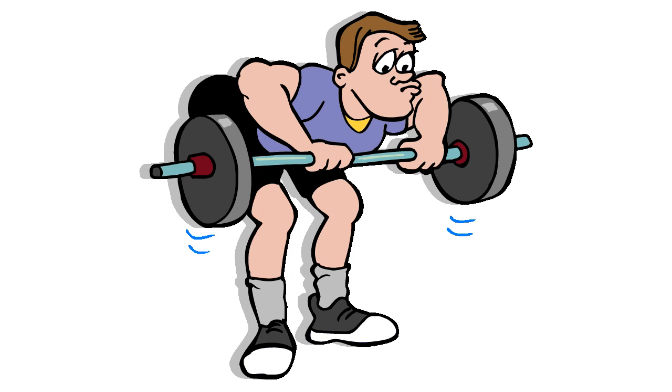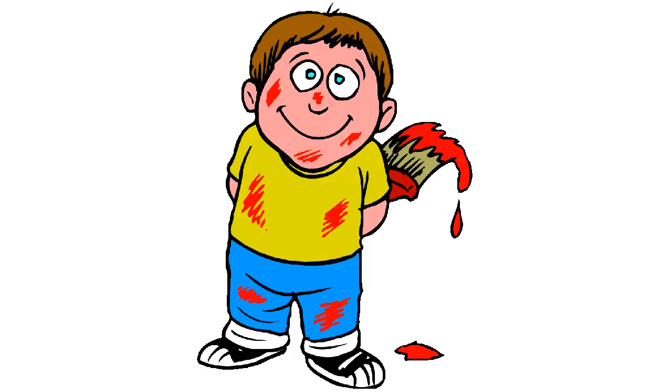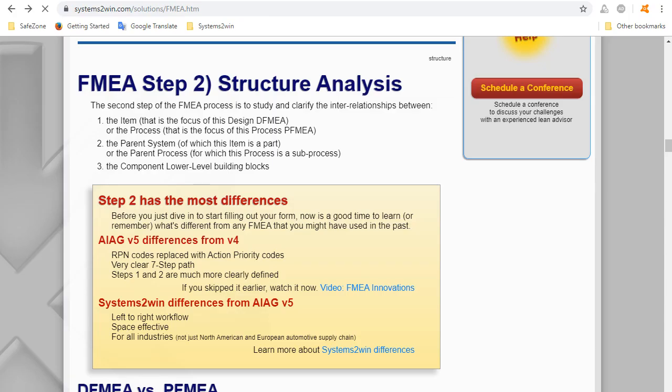The new format provides so much more guidance to overcome the lack of guidance and general sloppiness with which this step was glossed over in the past. So now is the right time to either learn or refresh your memory about the differences between the new version 5 and the old version 4.